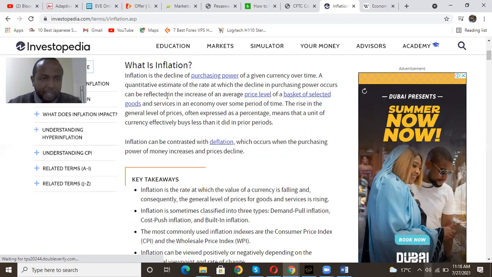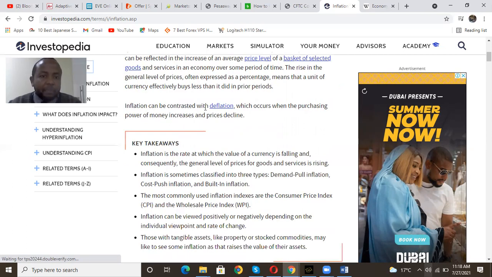So this is to mean it can be reflected in the increase of an average price level of a basket of selected goods and services in an economy over some period of time. The rise in the general level of prices, often expressed as a percentage, means that a unit of currency effectively buys less. So it's the same 1,000 shillings, but right now it cannot accommodate the things